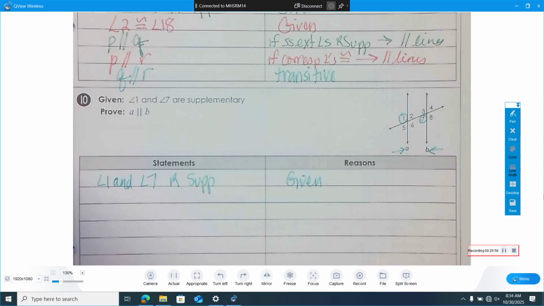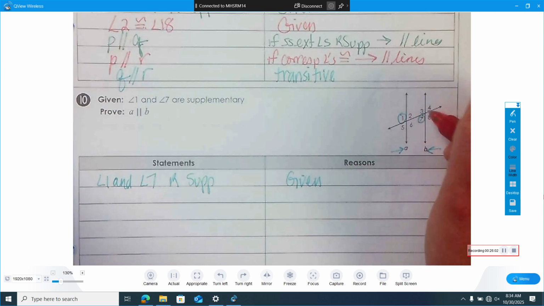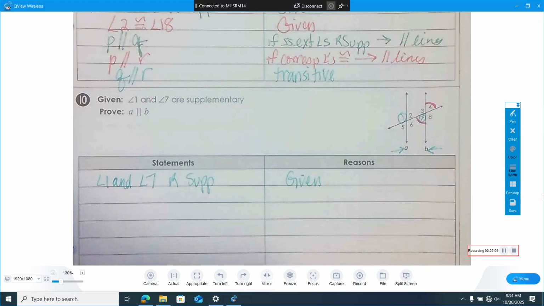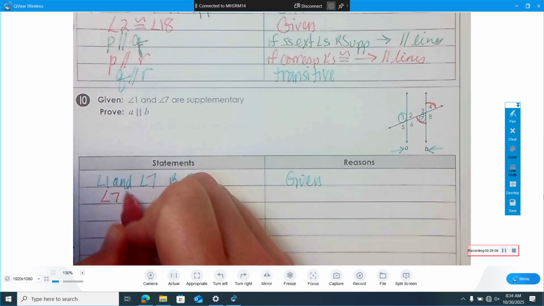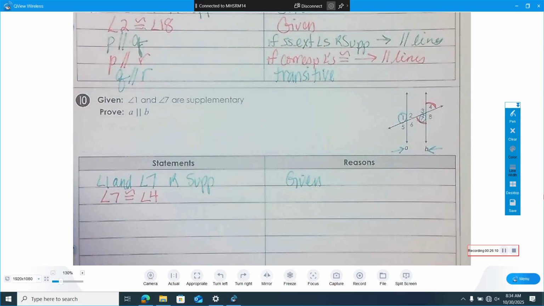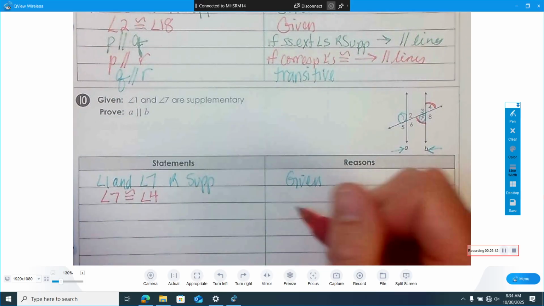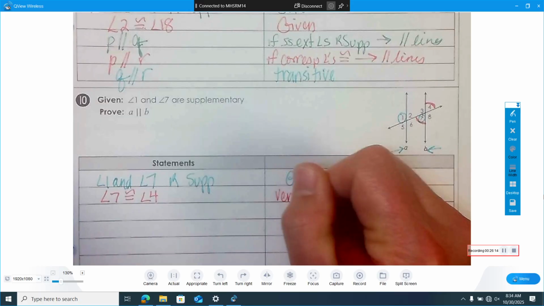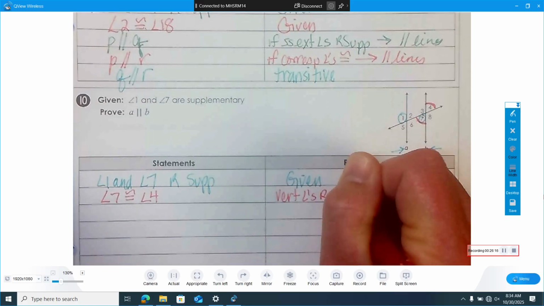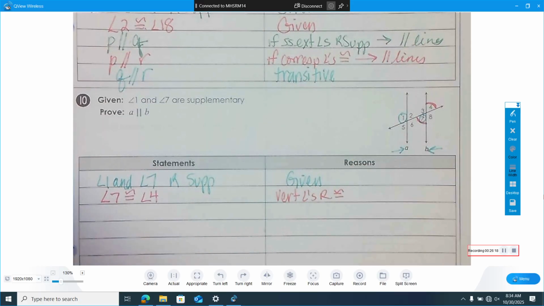So, okay, so could we say that angle 7 is congruent to angle 4? Yeah? Okay. So angle 7 is congruent to angle 4. We know that absolutely 100%. Why? Vertical angles are congruent. Beautiful. All right. So then,